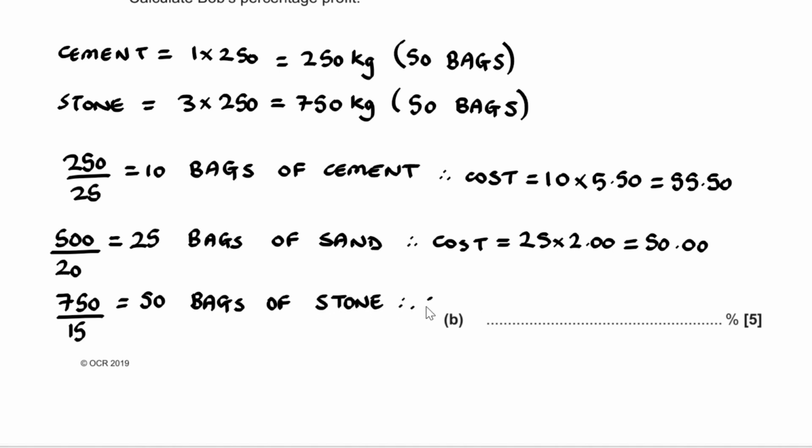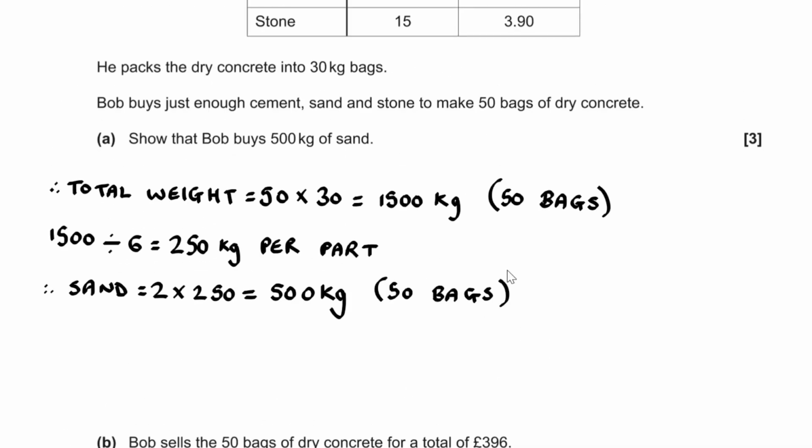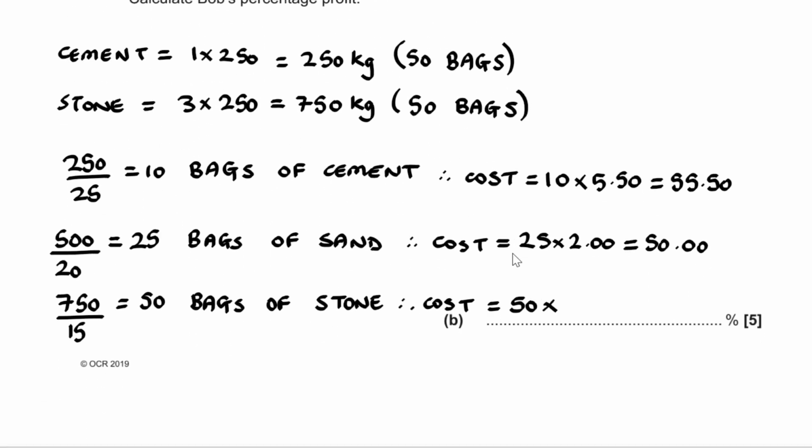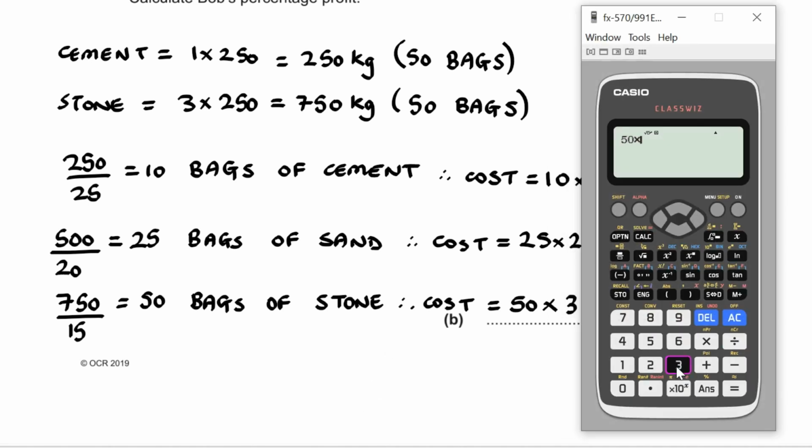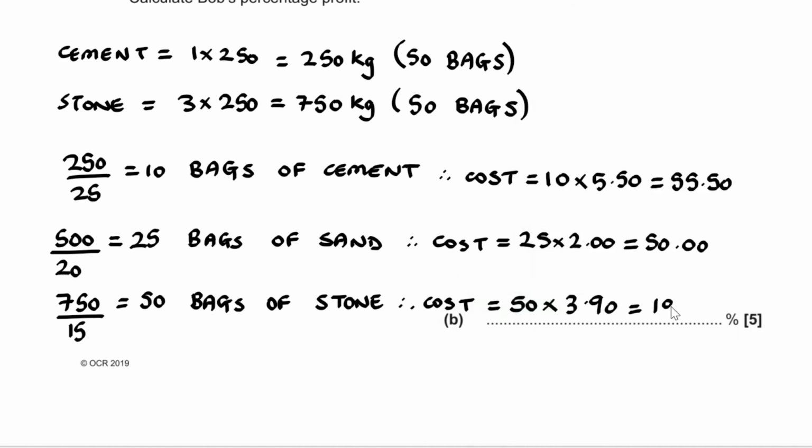Therefore, the cost for this is equal to 50 multiplied by 3.90. So if we work this out, 50 times by 3.90, that's 195. So we have to pay £195 for the stone, and therefore for the total cost,